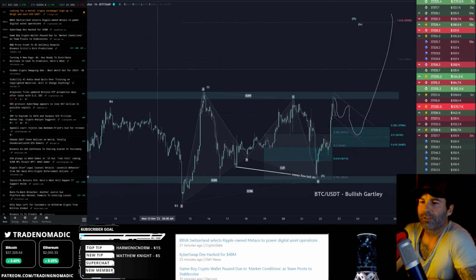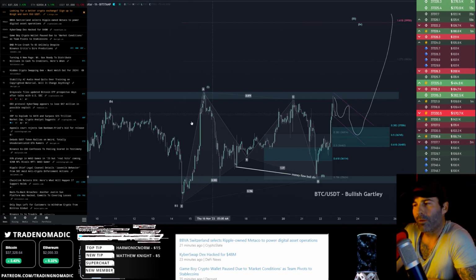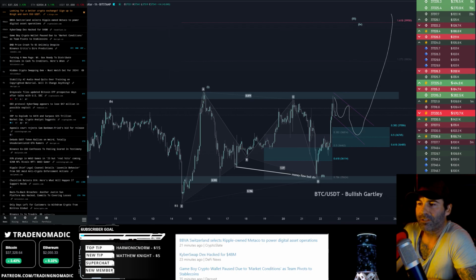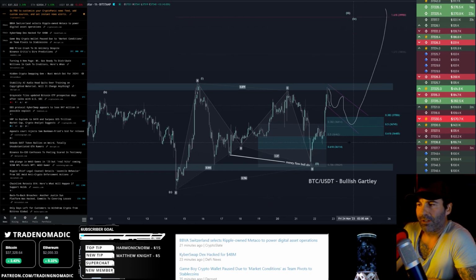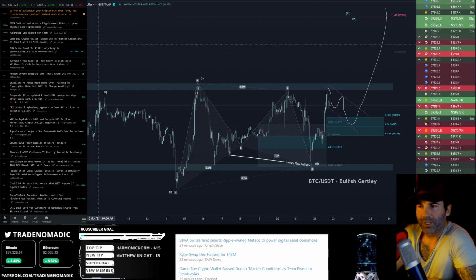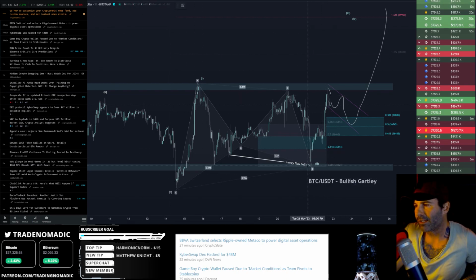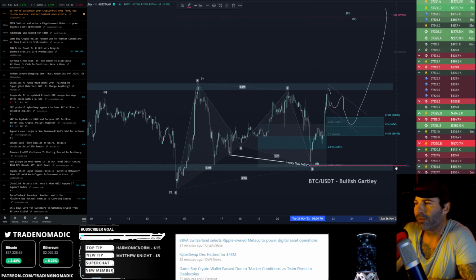Ignoring everything else, let's look at this. This is your corrective wave down here. Now we want to see this turn into an extension, impulsive wave up from here. Now, I said easy to invalidate because obviously if this is wave 1, this is wave 2, wave 3 cannot move under wave 2. That would invalidate it. So, that's a pretty clear line in the sand. Looking at that, that's going to be invalidation.